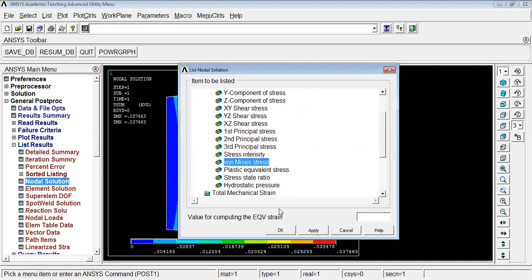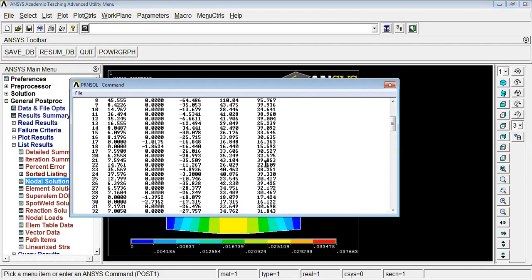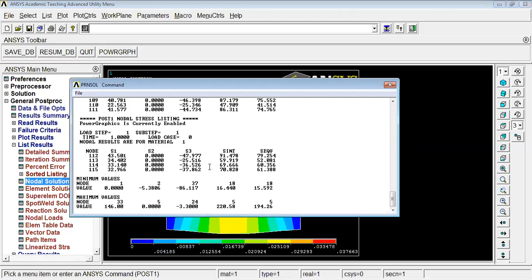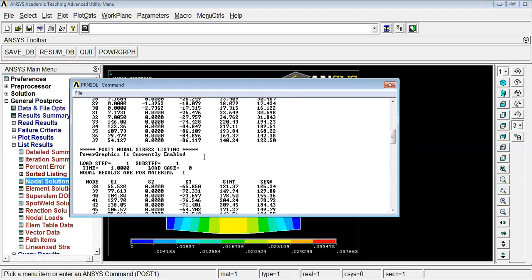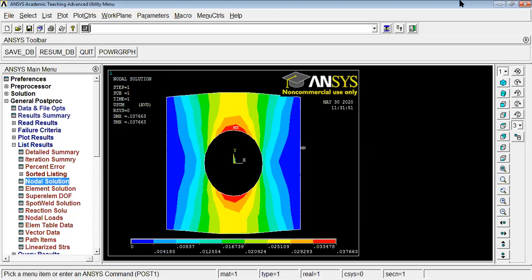So select the von Mises stress, and these are the von Mises stress values for this particular problem. So you need to write the maximum and minimum value of it, the maximum and minimum values of stresses that are taking place in the rectangular plate with center hole. So thank you for watching this video.